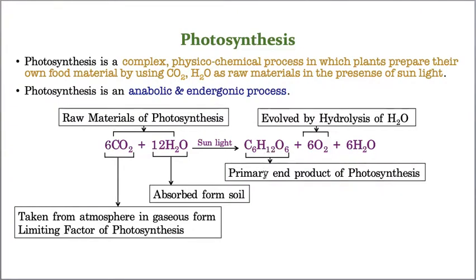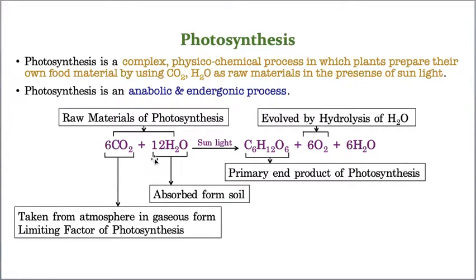Along with the primary product there are some other products also. What are they? 6O2, that means 6 oxygen molecules. These 6 oxygen molecules are produced by the breakdown of water molecules. So these are 12 water molecules, and these water molecules break down to produce 6 oxygens. That means you are understanding one equation: for every formation of one oxygen, two water molecules are required. This is the way you need to understand, then you will get the idea, and then you can solve the questions in NEET.